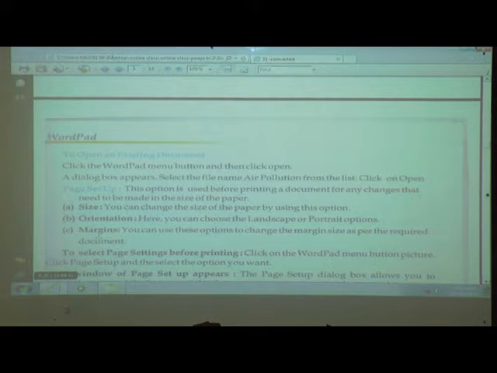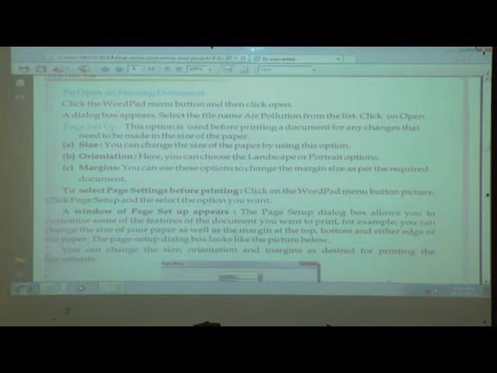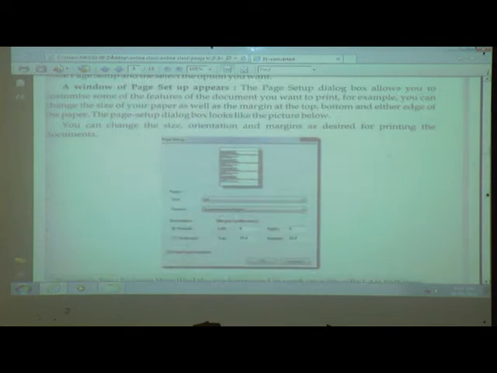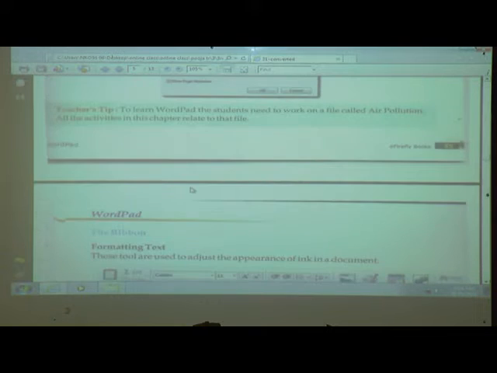By using margin we can give any space. That also we discussed in last period. We discussed it in practical also, right? And which window is it? Page setup window it is, right?